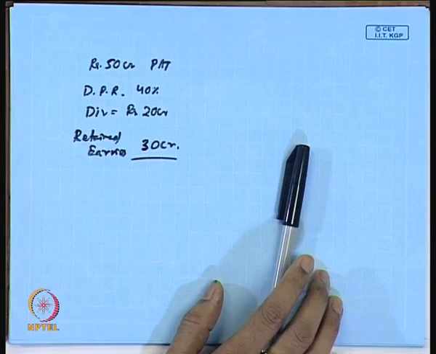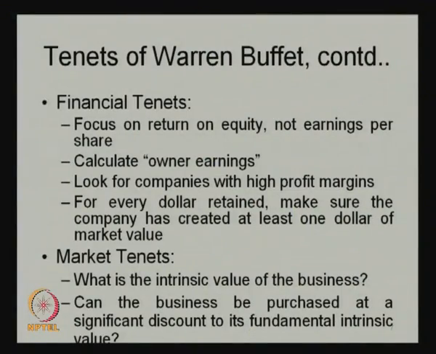Then there are certain things like market tenets. When you talk about market tenets, it is from a capital market point of view, or stock market, financial market point of view. What is the intrinsic value of the business? One has to look at the intrinsic value and make a cash flow estimation. When you say intrinsic value, one can look at the free cash flow approach or something like that. With a particular method of valuation, one can find the intrinsic value. Obviously, if the intrinsic value is higher than the prevailing market price, it becomes an investment opportunity. If it is lower than that, obviously it is not an investment opportunity.